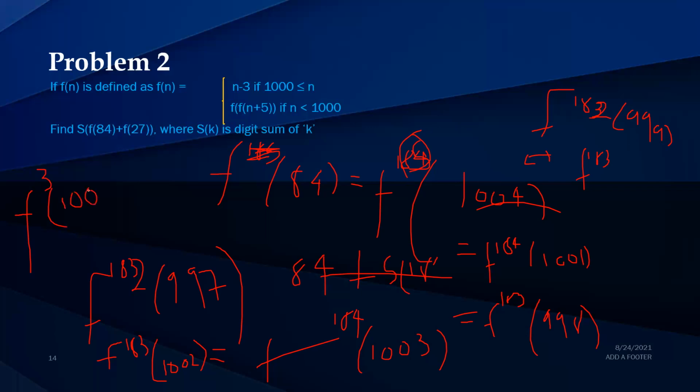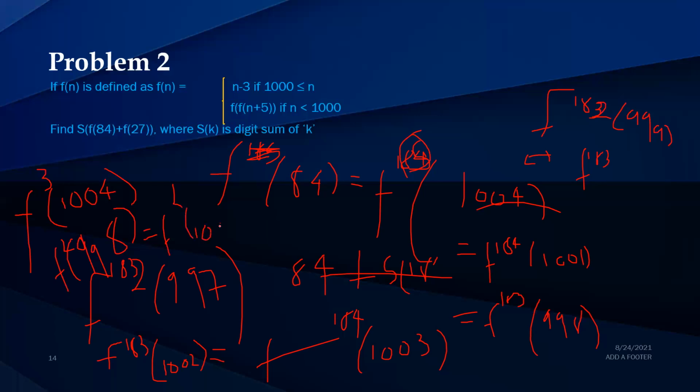And now let's evaluate this. So f of 1004 is basically f square of 1001, f of 998, and f of 998 is basically f square of 1003,